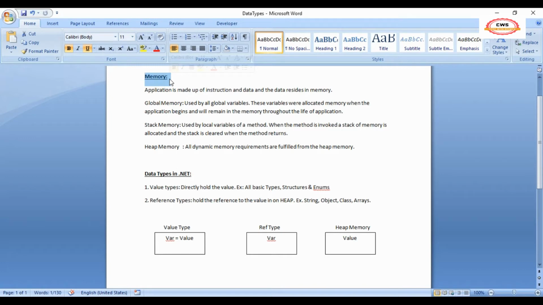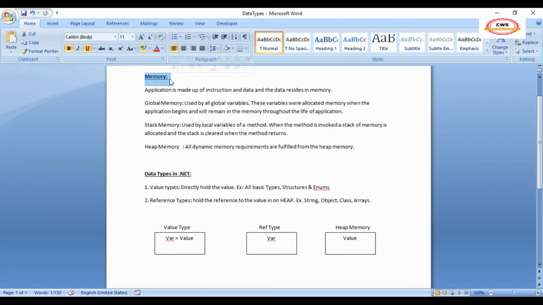When the method is invoked, the stack memory is allocated, and it will be cleared when the method returns. So the lifetime of that is the method's. When the method is called it will be created, and when the method returns, the memory will be freed. That is stack memory.